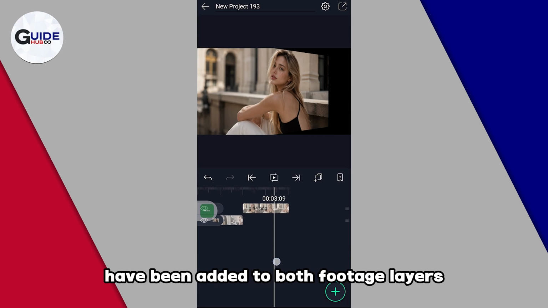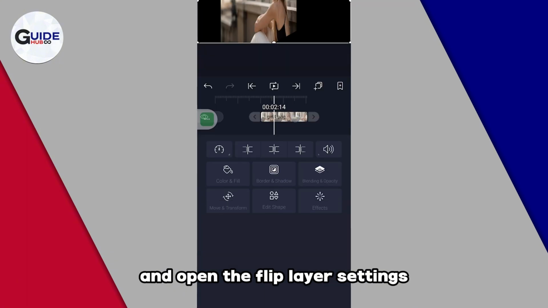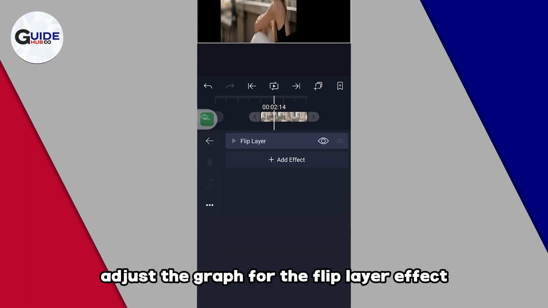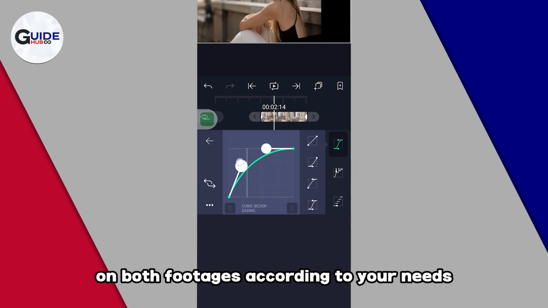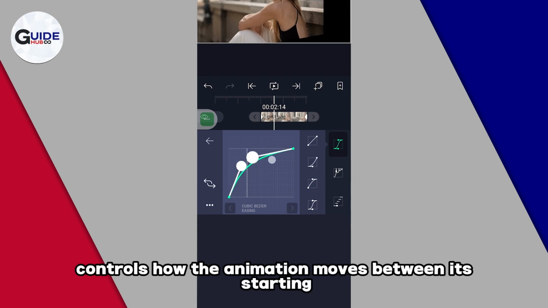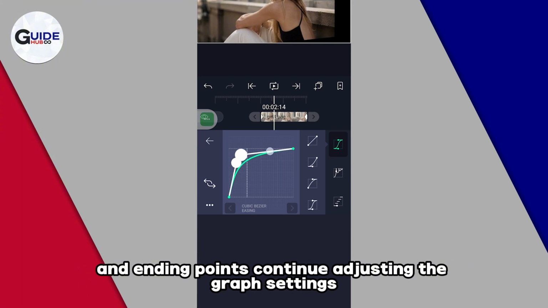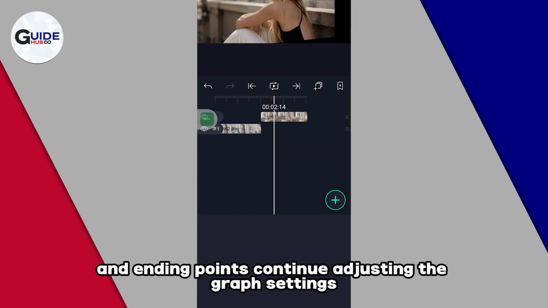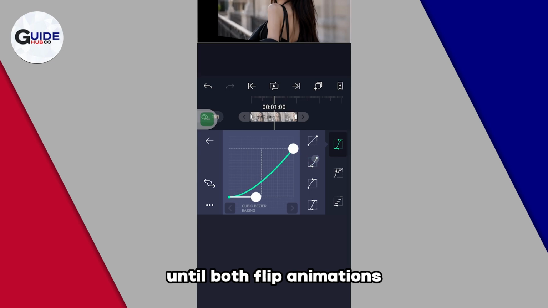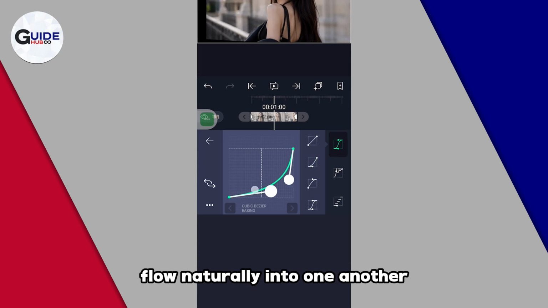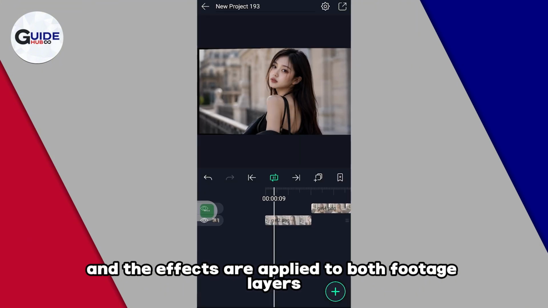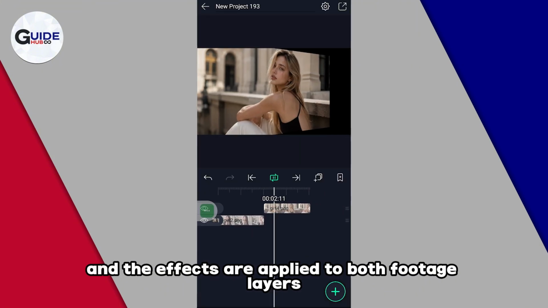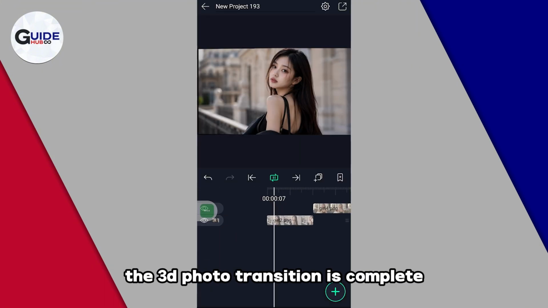After the effects have been added to both footage layers, go to the Effect option and open the flip layer settings. Adjust the graph for the flip layer effect on both footages according to your needs. The graph controls how the animation moves between its starting and ending points. Continue adjusting the graph settings until both flip animations flow naturally into one another. Once the graph settings are adjusted and the effects are applied to both footage layers, the 3D photo